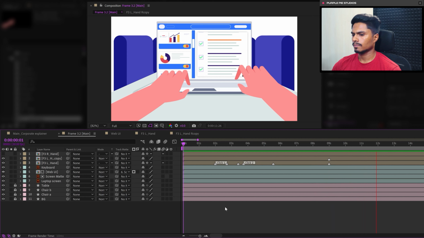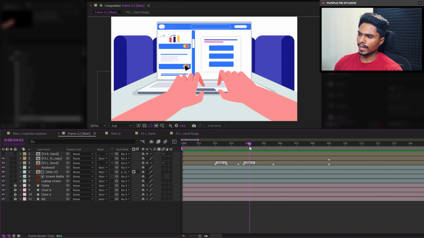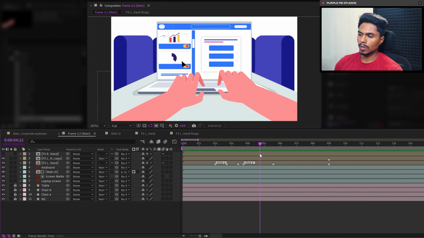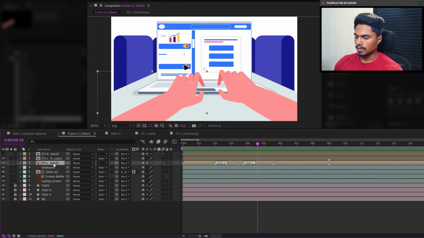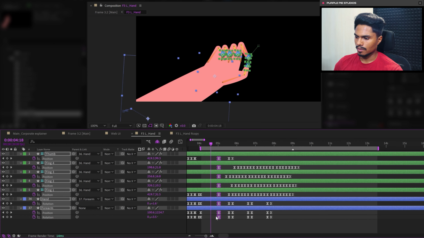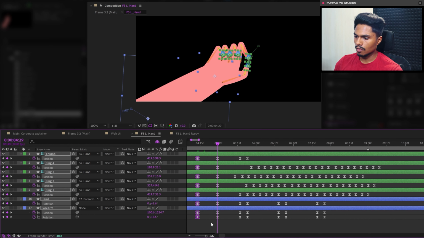Okay, one more thing. I think we can just extend the hand movement from here to here, or maybe slow down the hand movement a bit so that this section of the hand doesn't look too dynamic. So let's get inside the composition and let's move the keyframe and place it over here, or maybe add a very little hand movement over here as well, very little, so that the overall thing doesn't